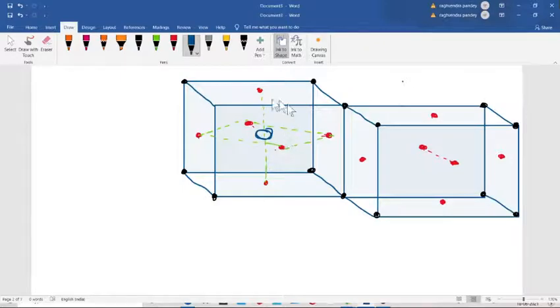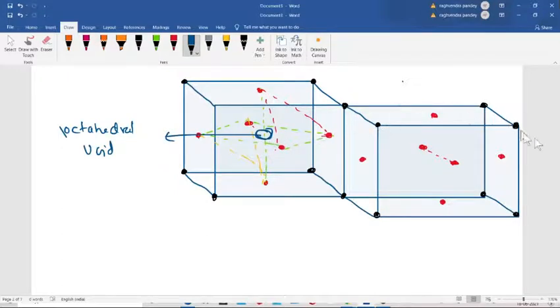But remember, you have to see it in the form of layers. There is one layer like this, three atoms representing one layer, these three, and another layer like this, these three. So here this one is your octahedral void, at the center.